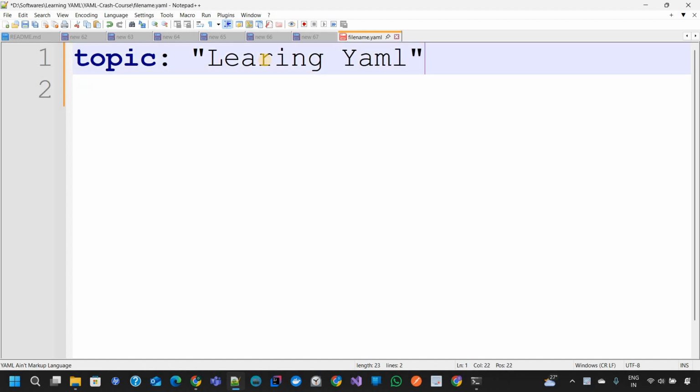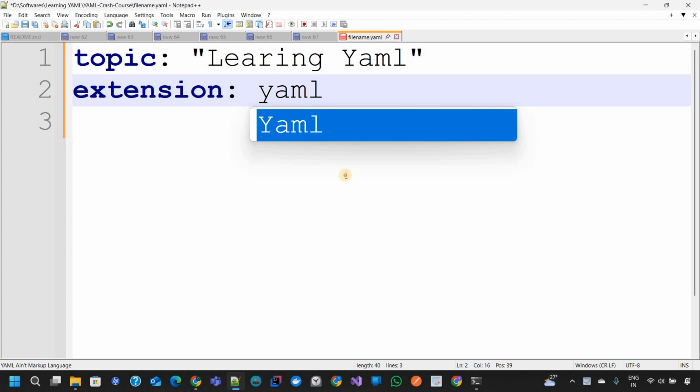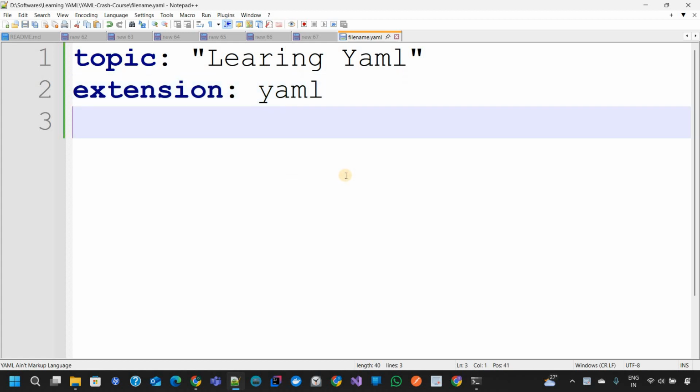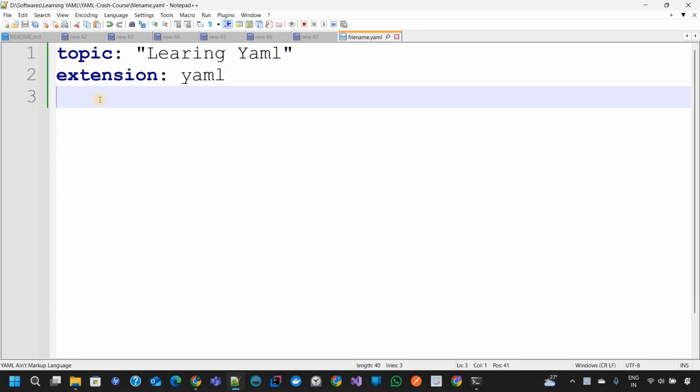Okay, and that's it. Let me give it the different extension. Can you see the moment I did this, it came back extension as YAML. Okay, now this is string. If I make it as 1, it will come like this. If I make it as 1.1, it will come like this. So for different numbers, the focus is not toward the number but to understand what is actually happening behind the scenes. So let me give it like YAML. Okay, now let me try to save this file. The moment I have saved this file, you can see that